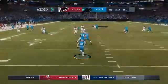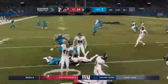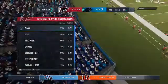That'll be taken about a yard deep. And that decision to bring it out ends up not being a good one. Cost him about...